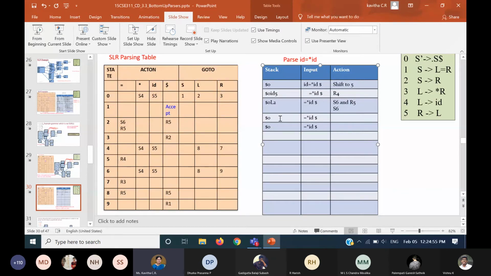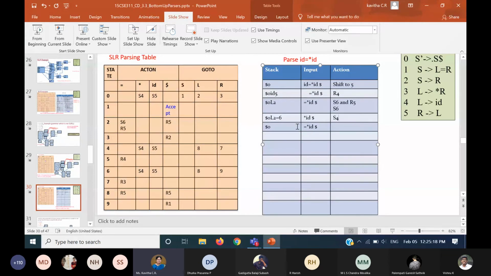So if I do that, then what happens? I will push equals onto the stack. The next state is supposed to be 6, and at 6 on star is S4.